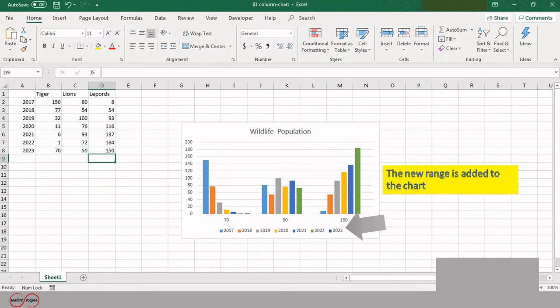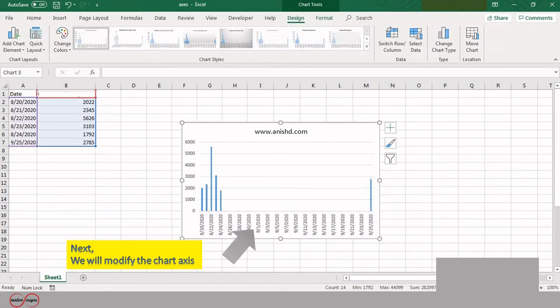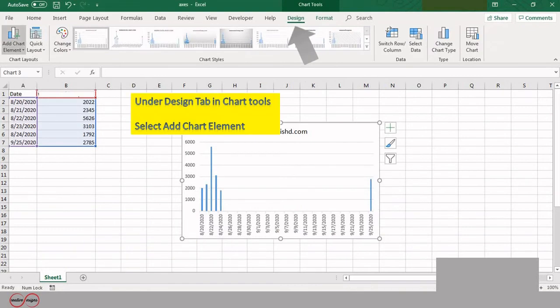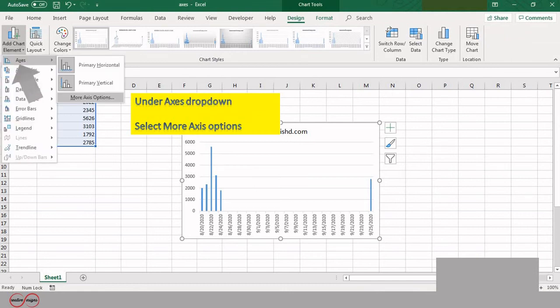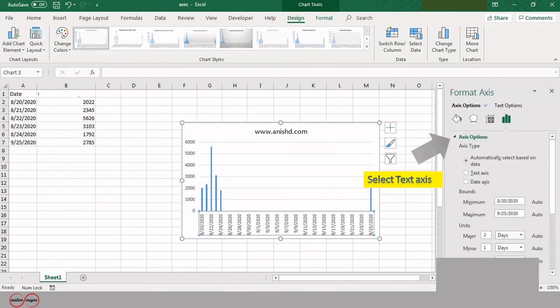Next, we will modify the chart axis. To do so, under the Design tab in the Chart Tools, select Add Chart Element. Under the Axes drop-down, select More Axis Options. Select Text Axis. You can see that the axis is updated.